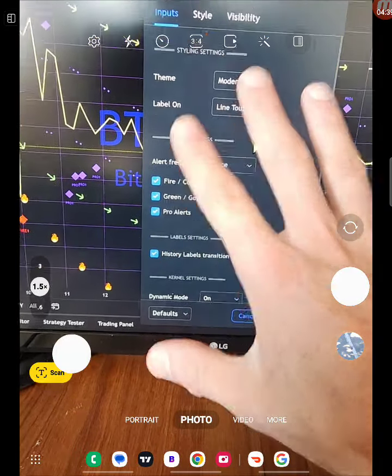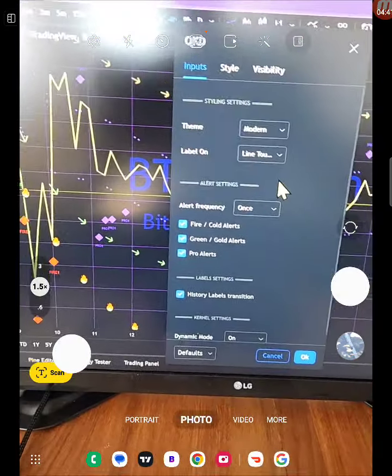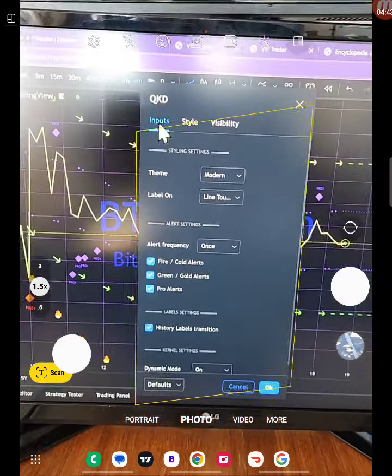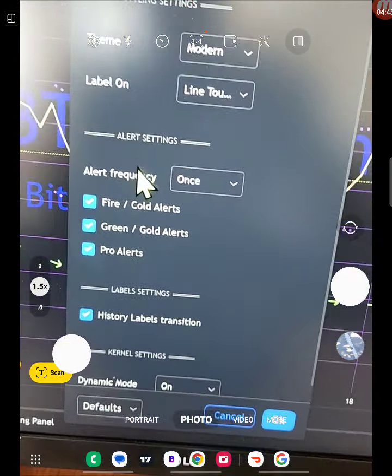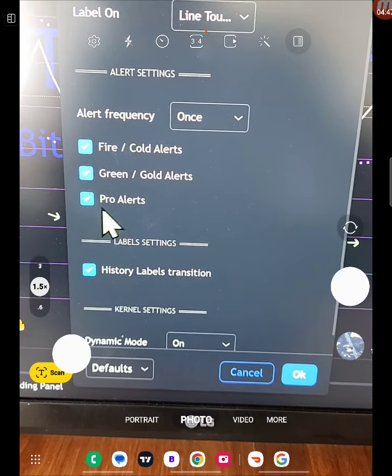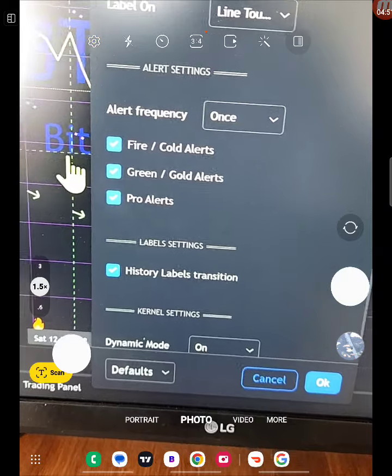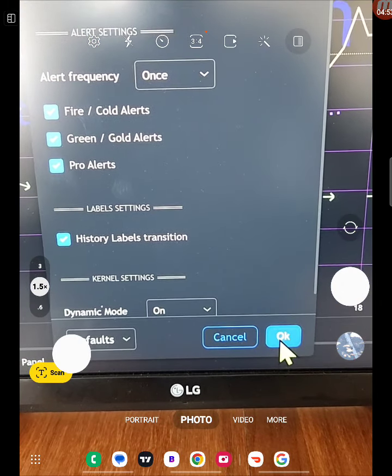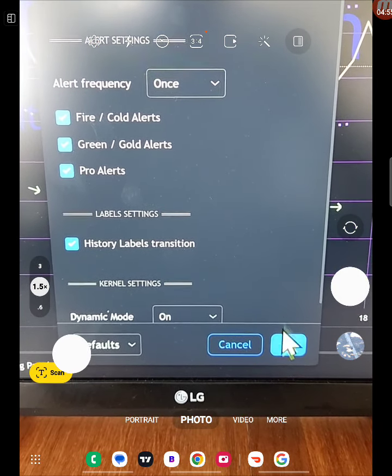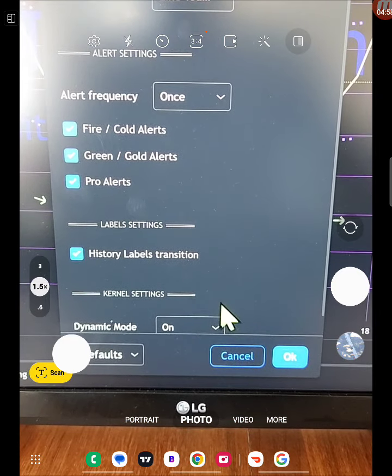We still have now on the 4 hourly, when we double click to get the options on QKD, quantitative kernel delimiter, we have the option here of leaving in the pro alerts. You may say, well, on the 4 hourly, I'm deciding to go ahead and get those alerts. I'd like to trade those pro alerts on the